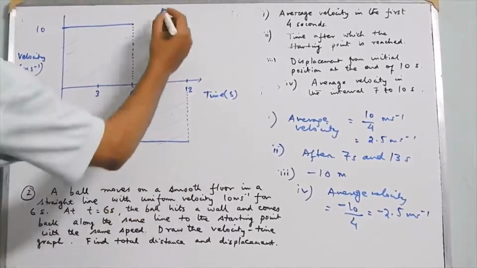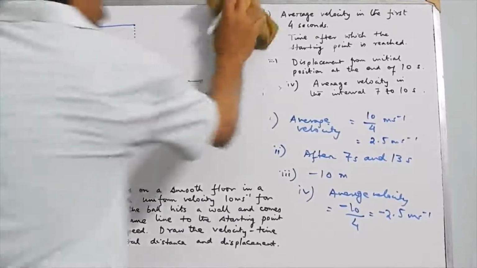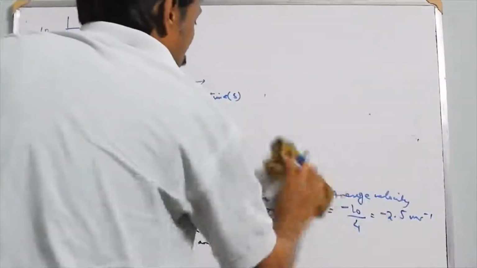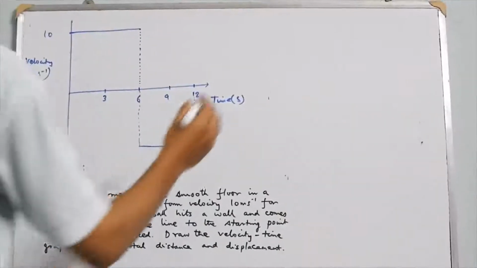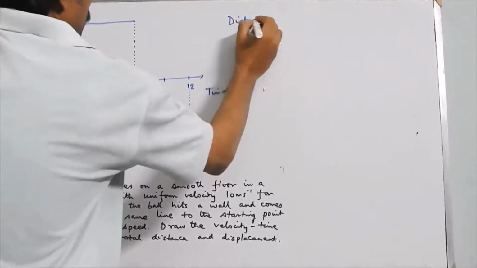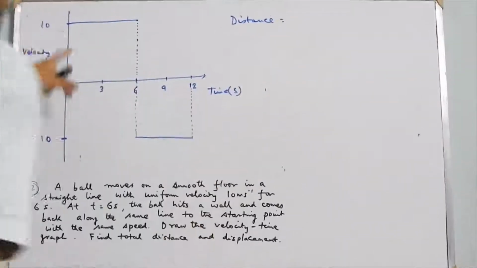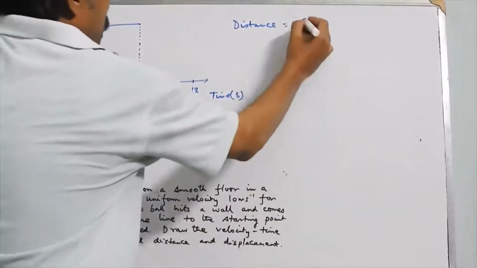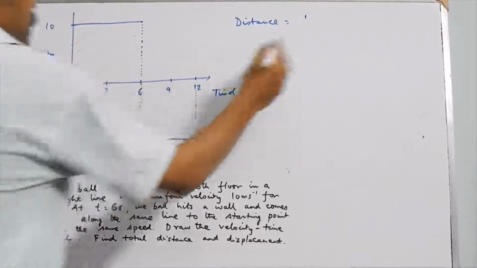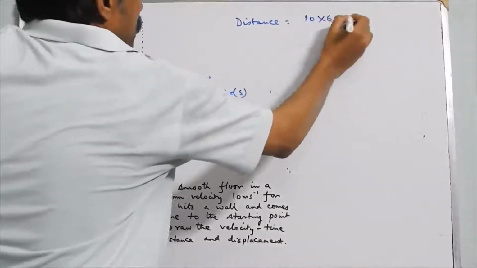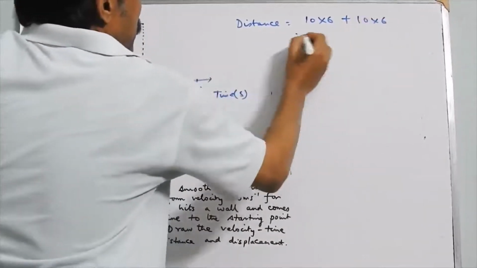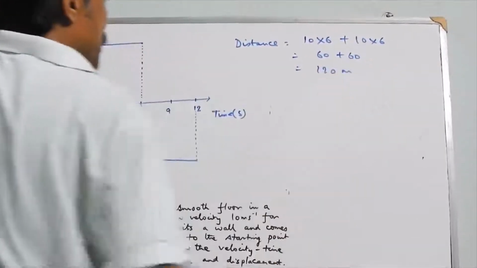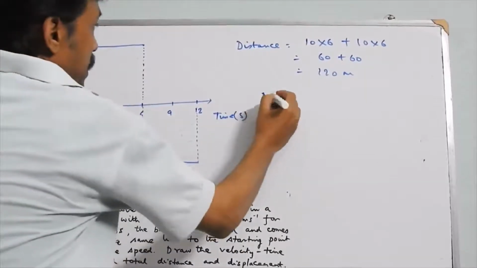So definitely distance will be area of this rectangle plus area of this rectangle. So 10 into 6 plus 10 into 6, that is 60 plus 60, obviously 120 meter is the total distance. However, for displacement you have to consider